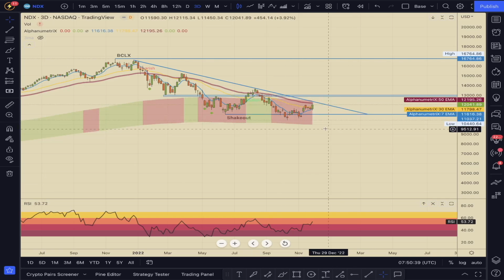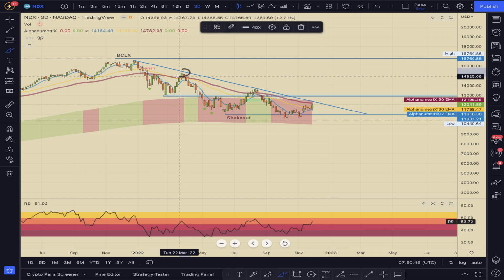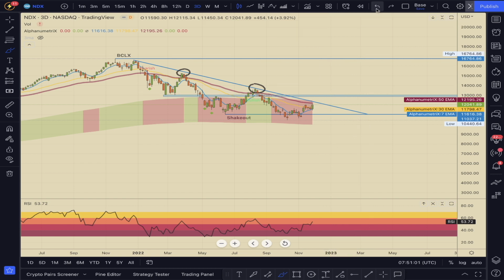Taking a look at the NASDAQ. NASDAQ is lagging. NASDAQ is certainly not as strong as the S&P 500. The S&P did several tests. The NASDAQ did a few, and we have yet to come up against the resistance here in the NASDAQ. So a lack of structural competition with that asset. That's, to me, indicating that there's still just a lack of demand for the high risk plays in the market right now.